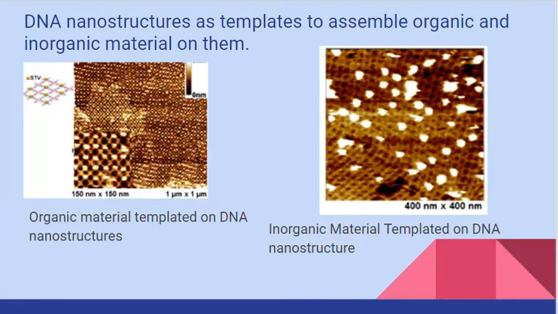On the left, organic material templated on DNA nanostructures, and on the right, inorganic material templated on DNA nanostructures. The common strategy for making a DNA-protein conjugate pair is functionalizing DNA with biotin and binding it to streptavidin. The 4x4 cross tile is modified with biotin at the center of the tile, streptavidin is added to the mixture and bound. Clear two-dimensional periodic streptavidin arrays are seen by AFM. In later developments, streptavidin was attached on linear TX tile arrays using